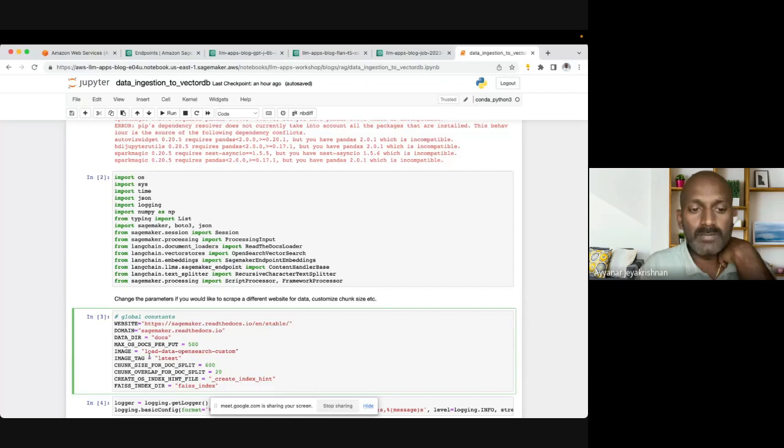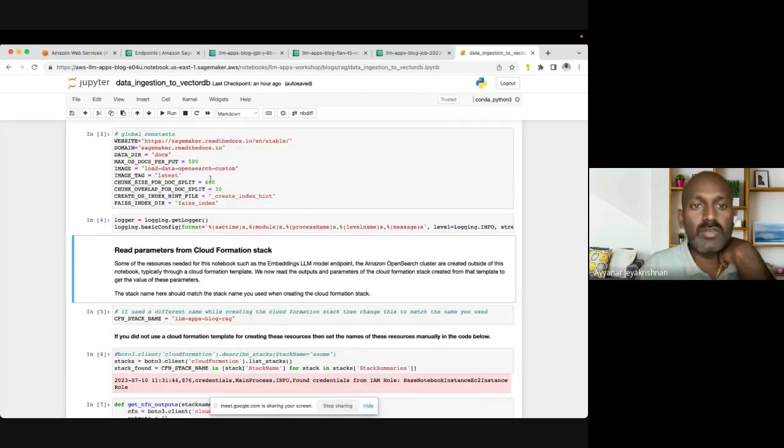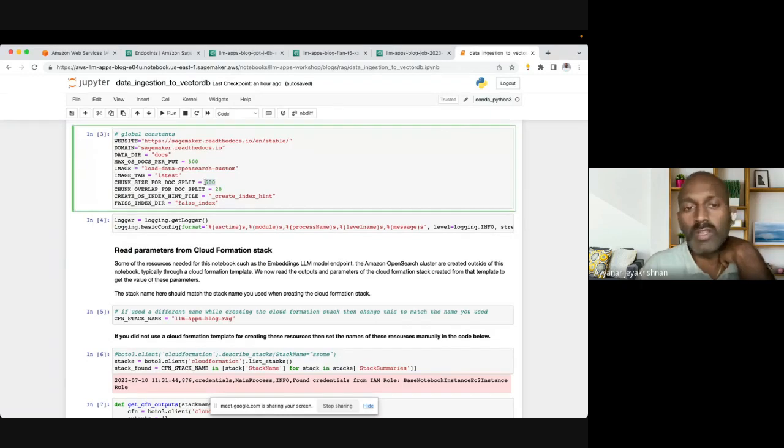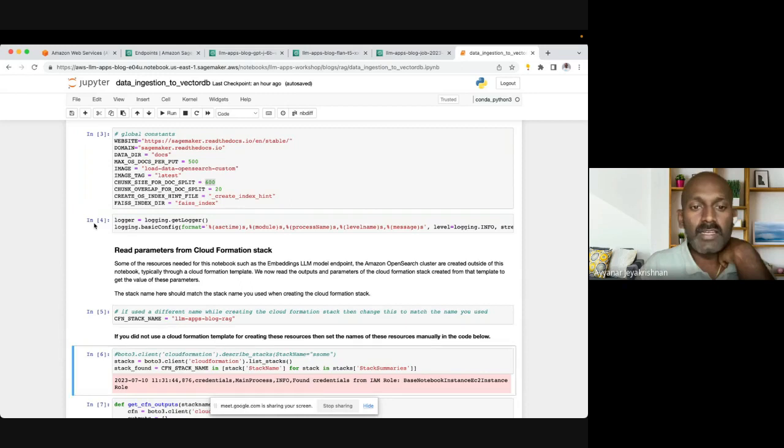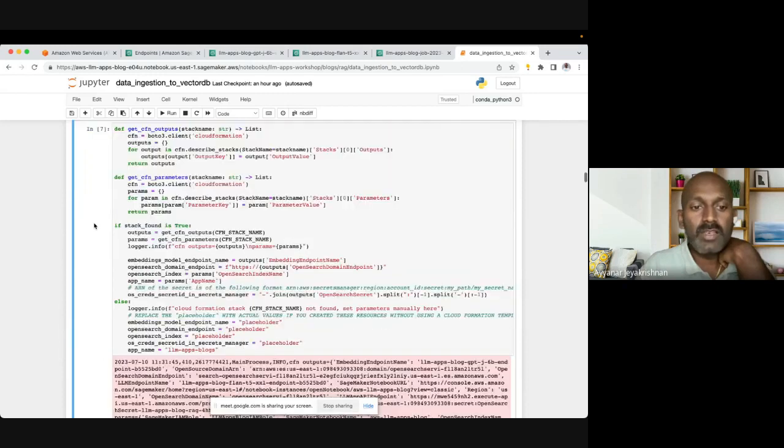And we are chunking the model. The chunk size is 600 because it is a small model. The text generation model is a small model, so the context will be very small. Because of that, we are chunking. We read the data, and we will be writing the data.